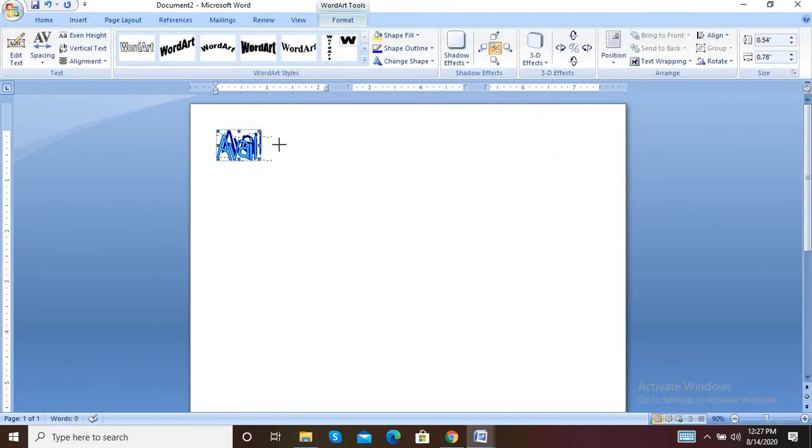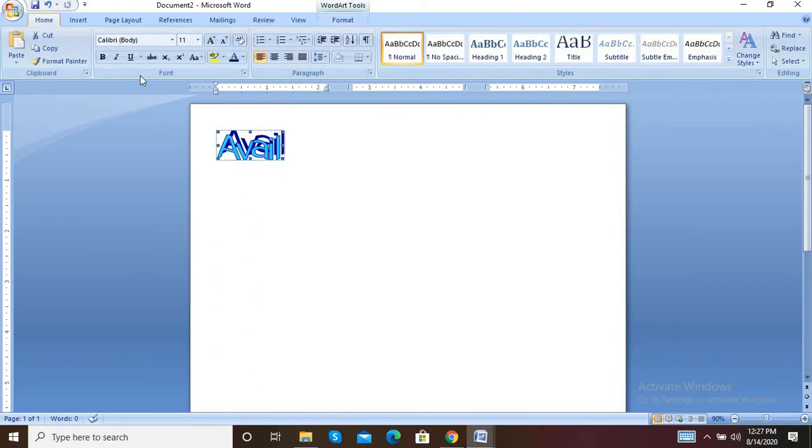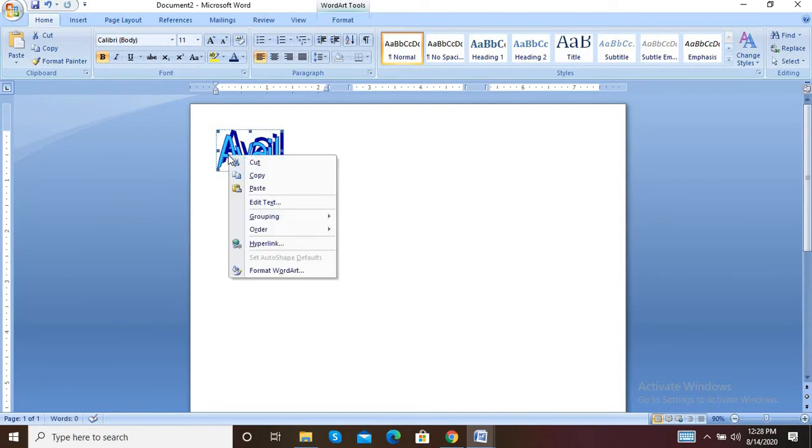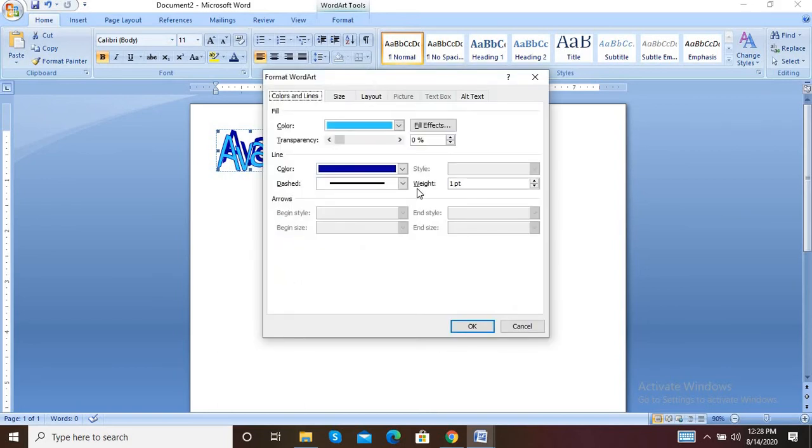Okay, after that, increase its size and give some bold effect. Go to formatting word art. In the formatting word art, you can change the color also.